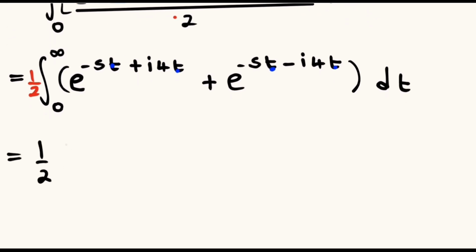So we have 1 over 2 multiplied by the integral from 0 to infinity of e raised to the power t, which we take out as our common factor, into negative s plus i multiplied by